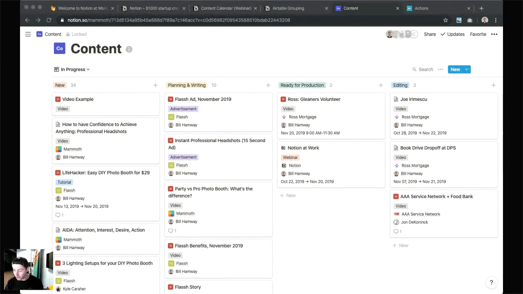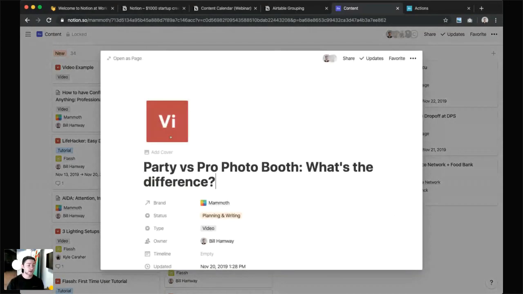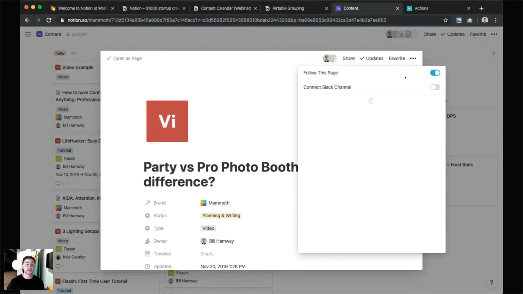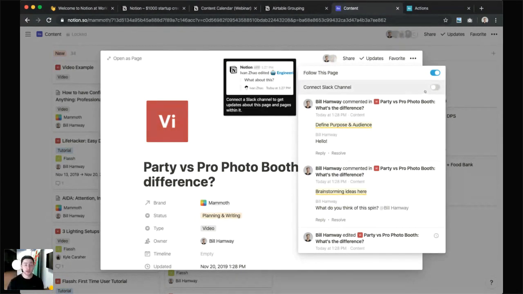And then you also had, how do you notify people of changes on the page? Let's go back to our Party versus Pro photo booth. If you click on updates here, it allows you to follow a page. Once you've been mentioned in a page, it will add you, so you do get updates happening on that page, or you can connect it to a Slack channel